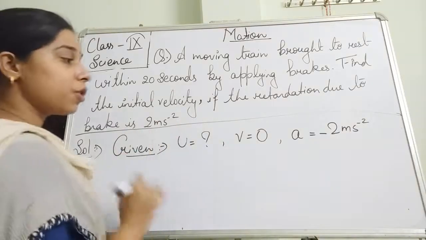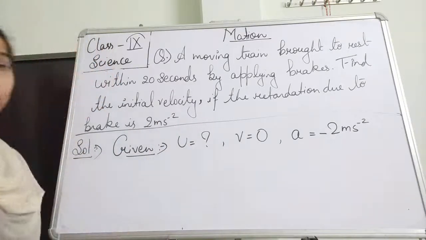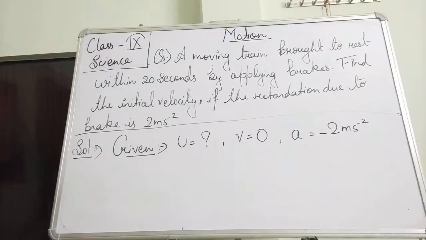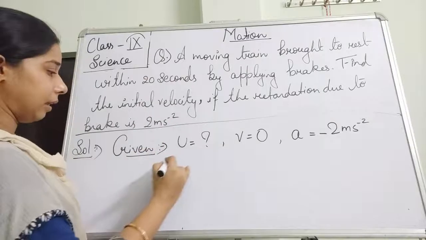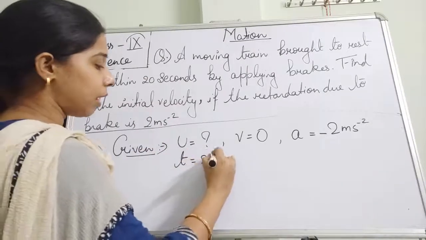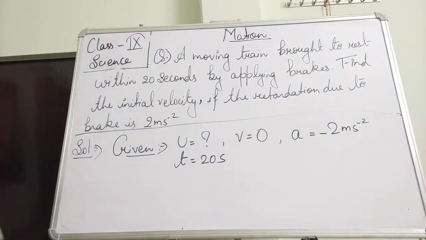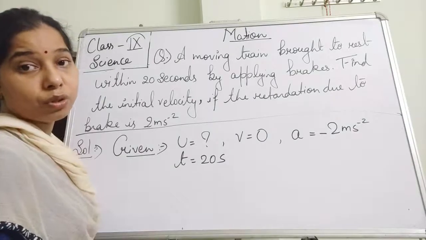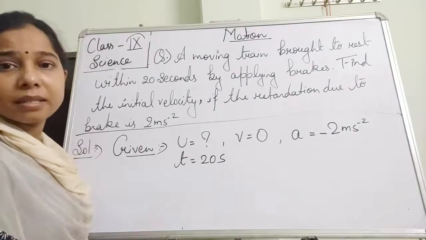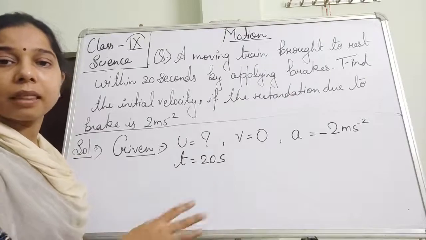Now the things which are given here are this, and what is the thing that we have to find? Oh, there is another thing, students, that is t. Time is given, 20 seconds. So time is also given, that is 20 seconds. So everything is mentioned here. Now it's quite easy to find it. Obviously, out of the 3 equations of motion, you know that there is no distance, so we will not look for the second and the third equation.